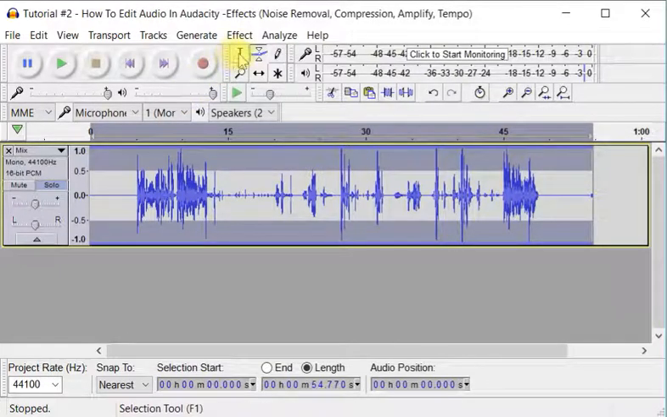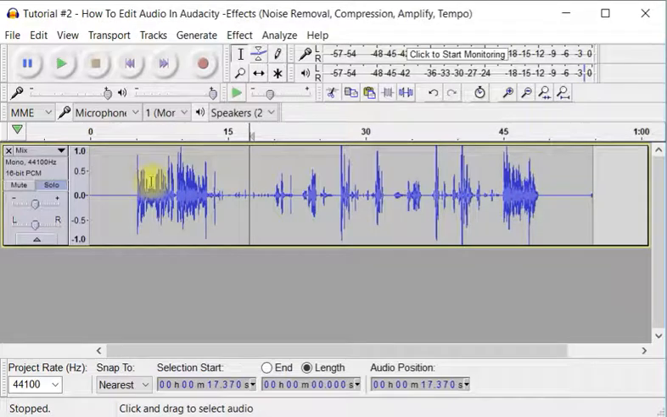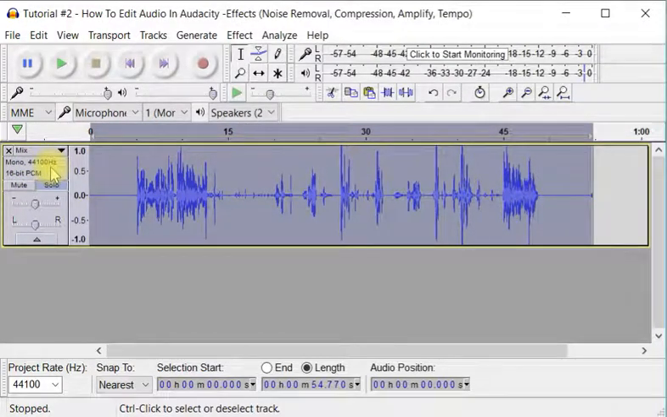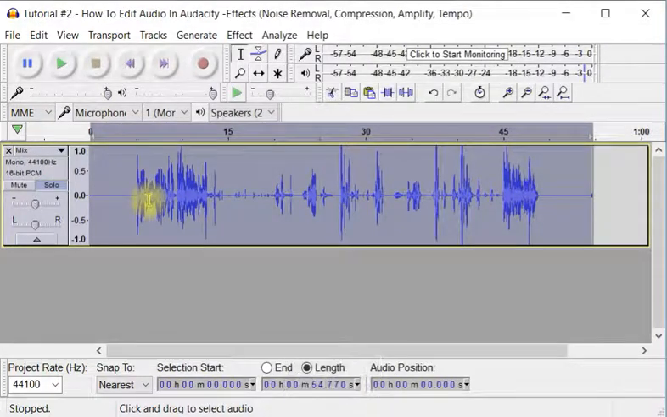So what we want to do is get out of that envelope, which is very dangerous, I think. And we grab the whole thing. See how it's not highlighted? That means it's not grabbed. If I click on this right here, it grabs it all. Or I can go Control A and it grabs it all. I'm going to go Effect,